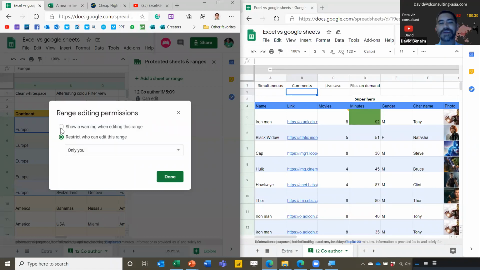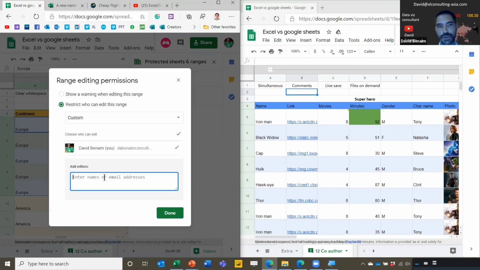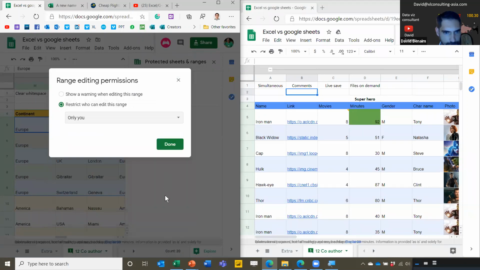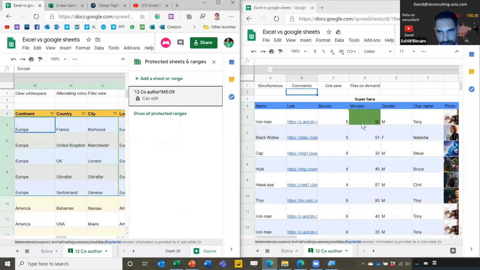It's like, what are the things you want people to edit rather than what do you not want them to edit? And then you can also select names of editors who you want to be able to edit that. So you can override that by user rather than overriding it only never or for everyone. Now, I'm going to say this is only editable by me and press done.